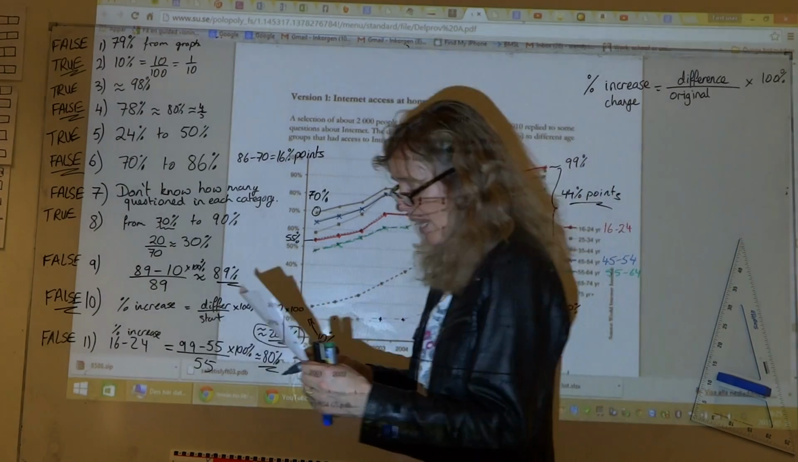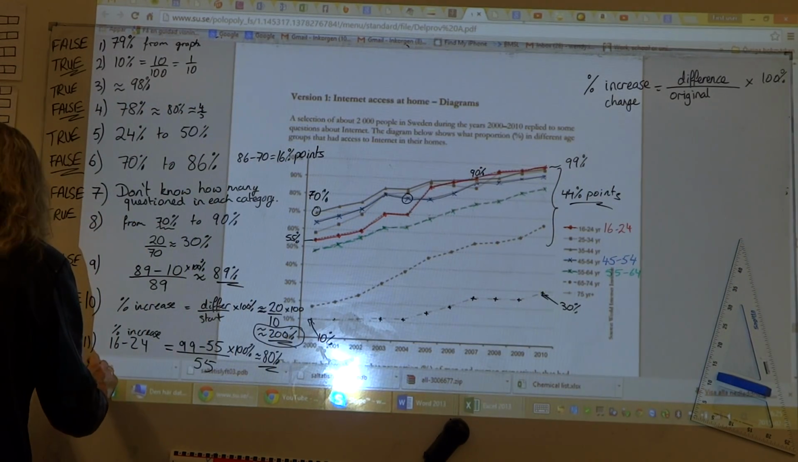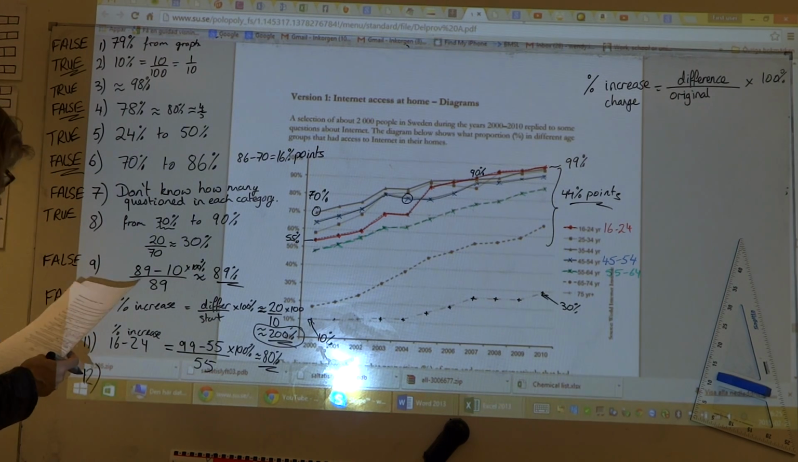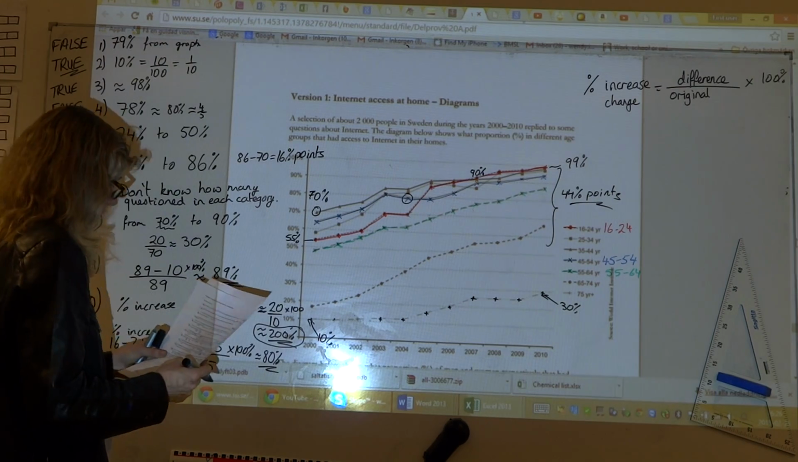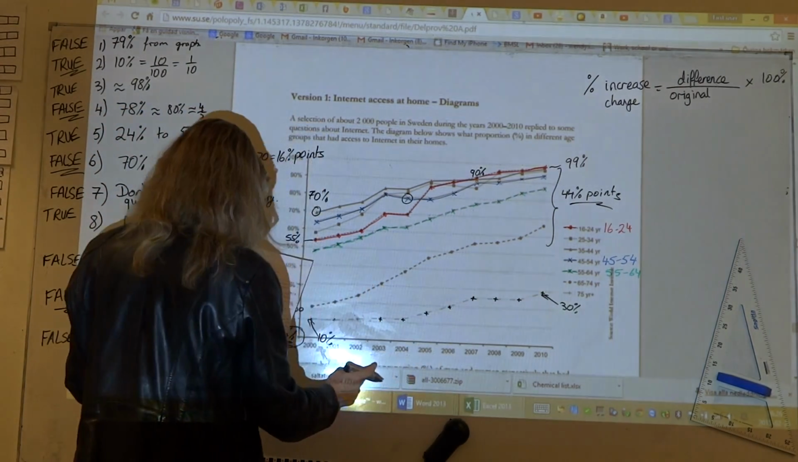Then we have question 12. The proportion of women that have access to internet decreases by 80% from 55 to 64. Well, if we look at the 55 to 64, the green one here, in